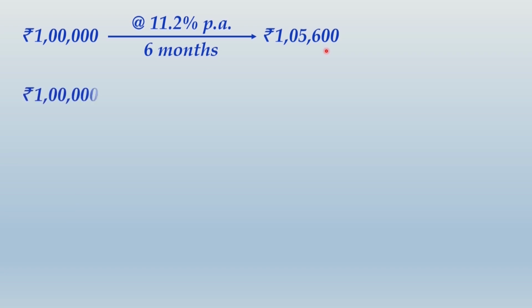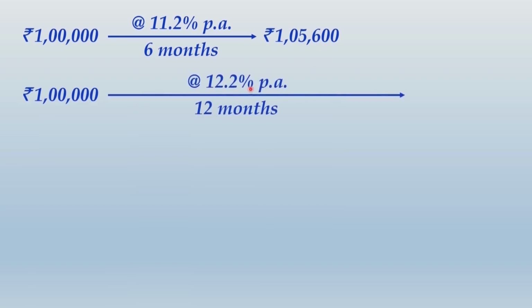However, if you borrow 1 lakh for a little longer period, that is for a period of 12 months, the applicable interest rate is 12.2% per annum, and that is applicable for 12 months, correct? Now, what would be the maturity value or the future value of this 1 lakh? If 1 lakh is borrowed at 12.2% for 12 months, it will have a maturity value of 1,12,200. Do you understand one thing? Both of these are future values of the present value: this is the future value after 6 months, and this is the future value after 12 months from now.